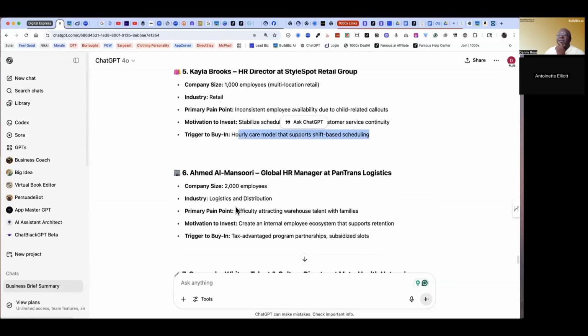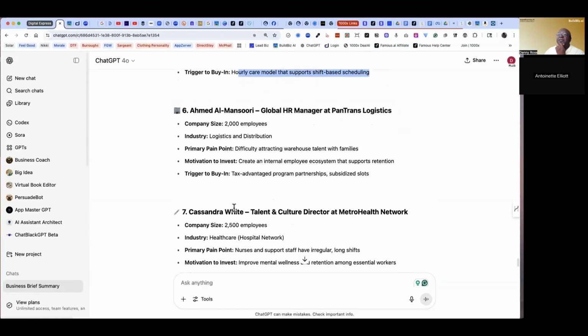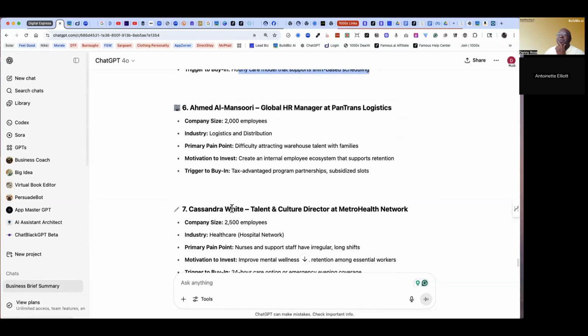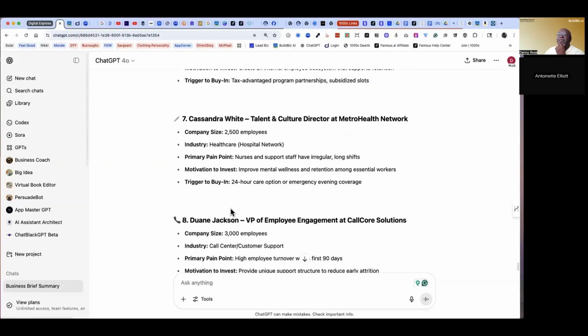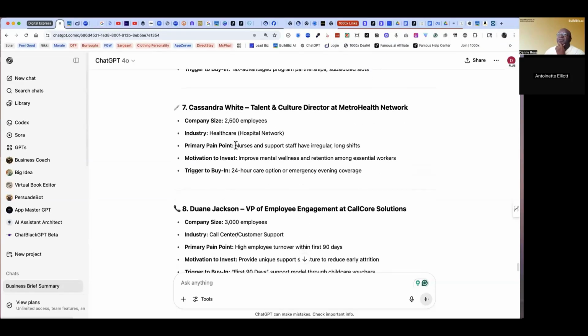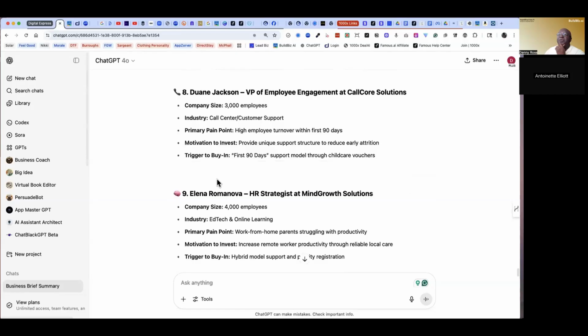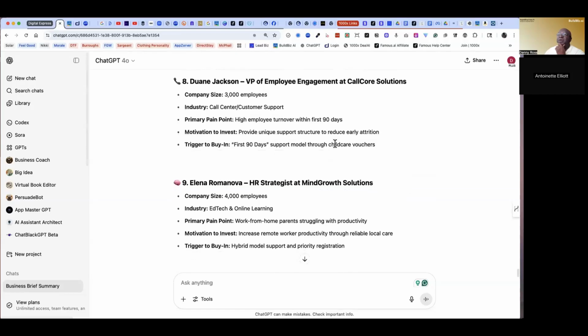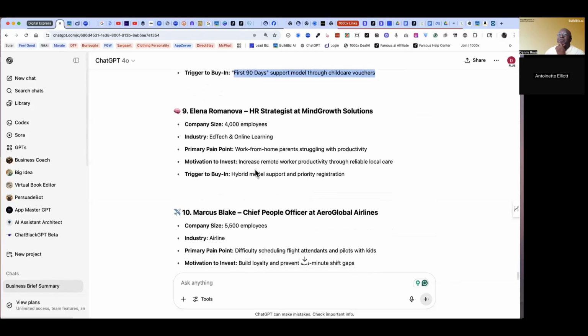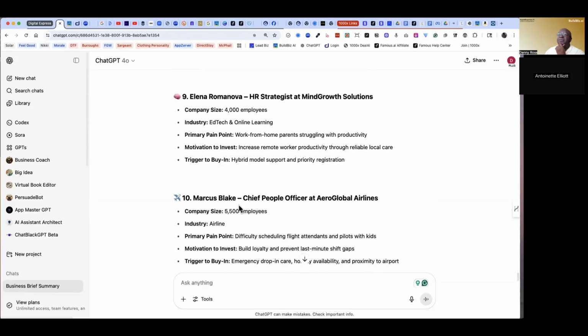That's interesting. All right, this is giving you a pretty good overview of different sizes. Yeah, this is a good target market for you. And then you have 24-hour care, 3,000 employees, first 90 days support model. So that's interesting. Okay. And then 4,000, 5,000.